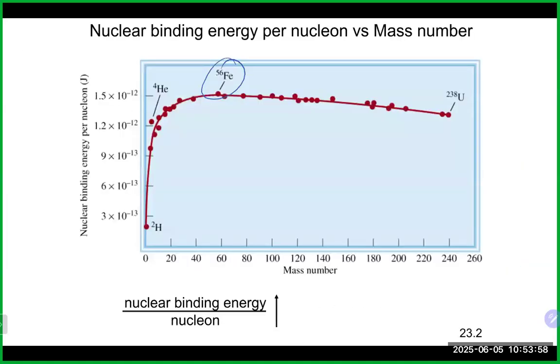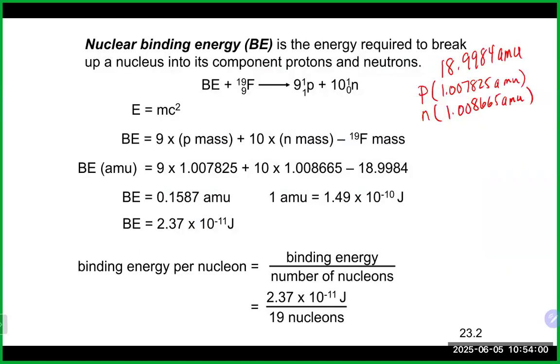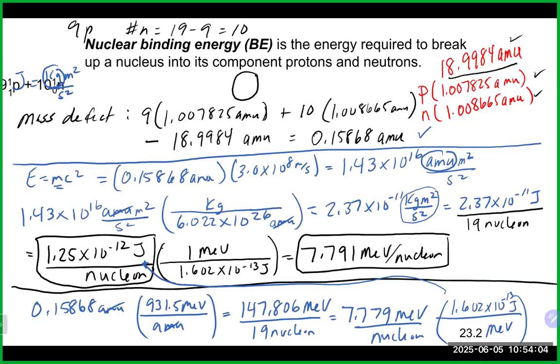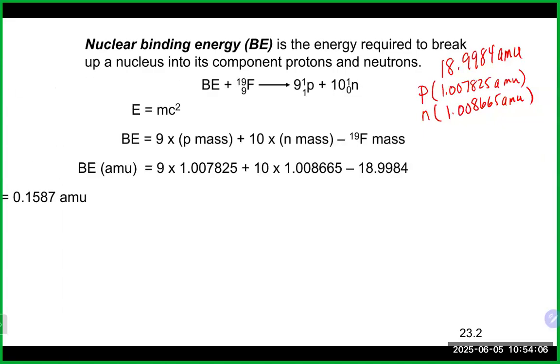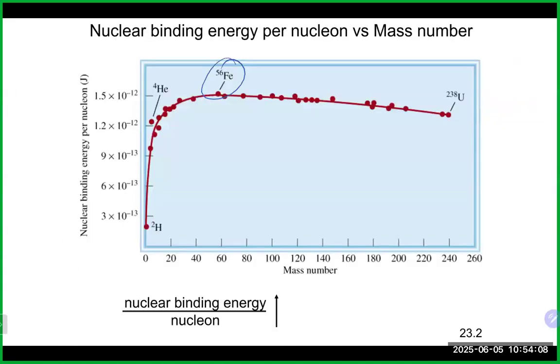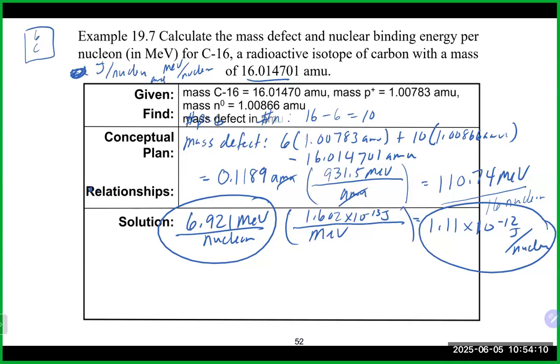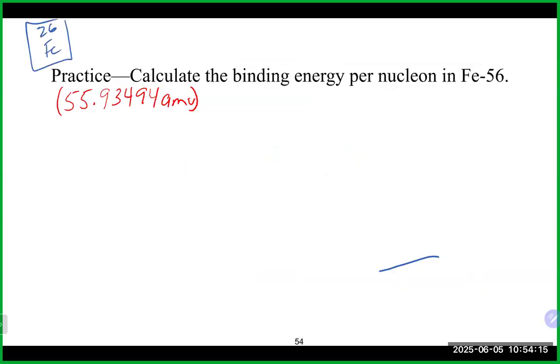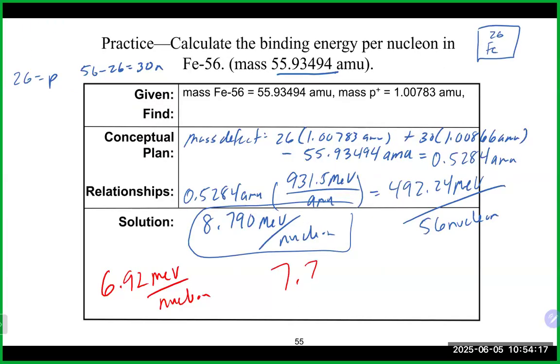And here we had 7.79-ish. So if we look at the stability and the nuclear binding energy per nucleon for each of these three that we just did,